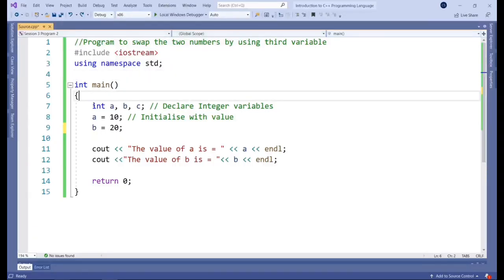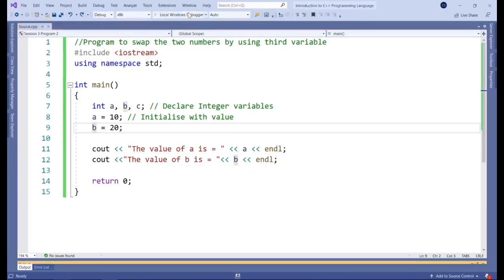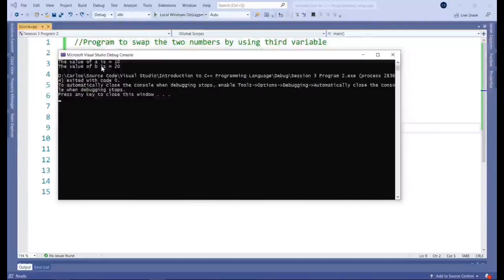So we're declaring those 3 variable placeholders, which will be A, B, and C, and they'll all be integers. At this point, they're all set to 0 by default. And what we'll want to do is actually store values in them or initialize them explicitly with the values that we've chosen. So A will equal 10 and B will equal 20. We actually go ahead and print that off. So you should see the value of A is 10 and then the value of B is 20. Let's run that and see how that looks like. And there you go, as we expected.